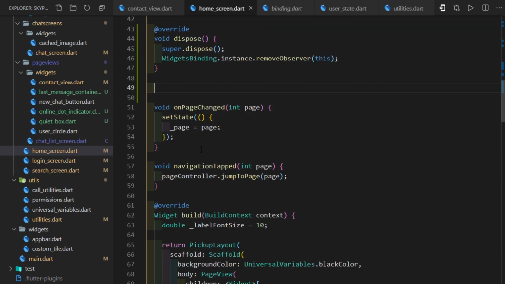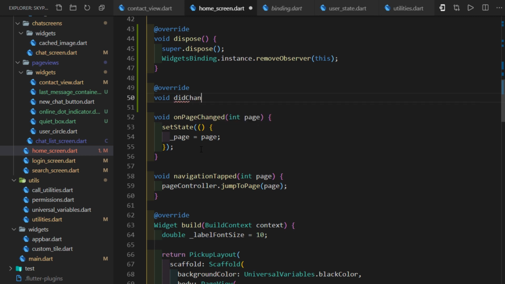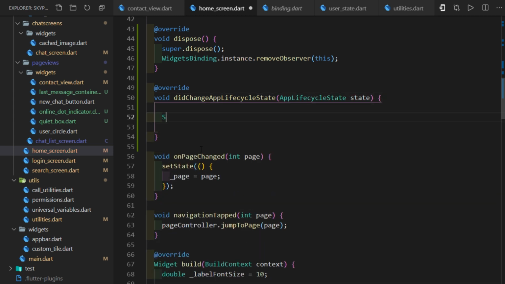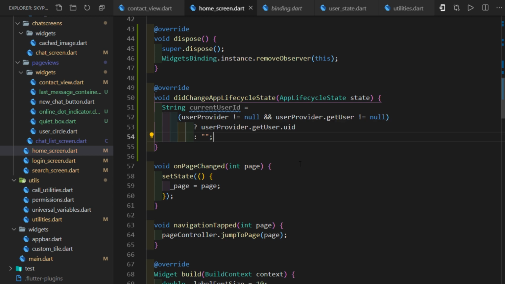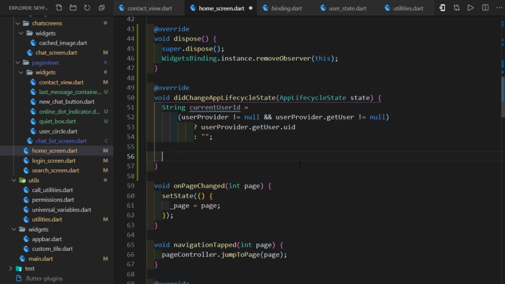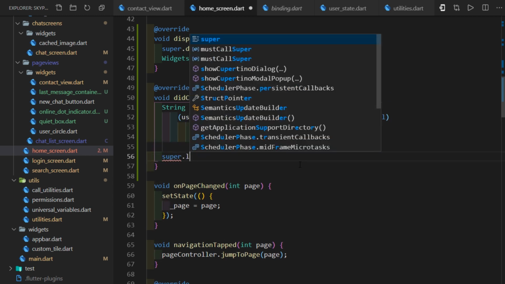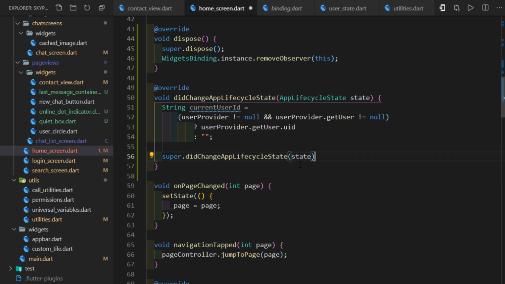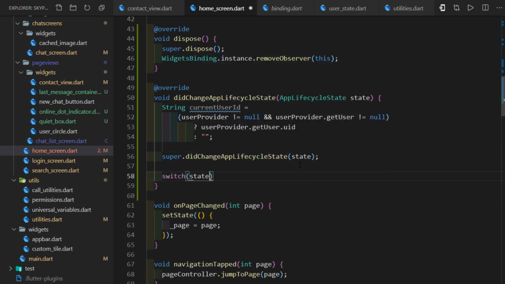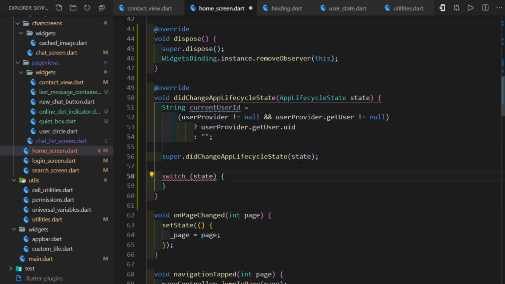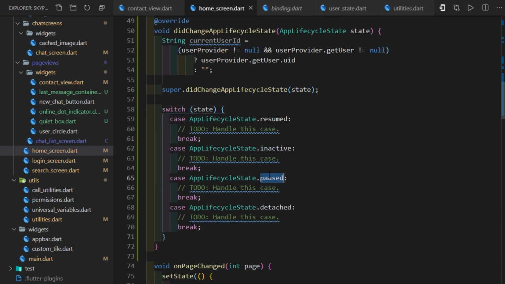In order to keep track of the lifecycle, widgets binding provides us with a method to override. The name of the method is didChangeAppLifeCycleState, which provides us with AppLifeCycleState state. I'll create and store the current user ID with the help of the user provider. Don't forget to call this super.didChangeAppLifeCycleState state method. Finally, we can make use of a switch block to detect various lifecycle events, such as AppLifeCycle.paused,